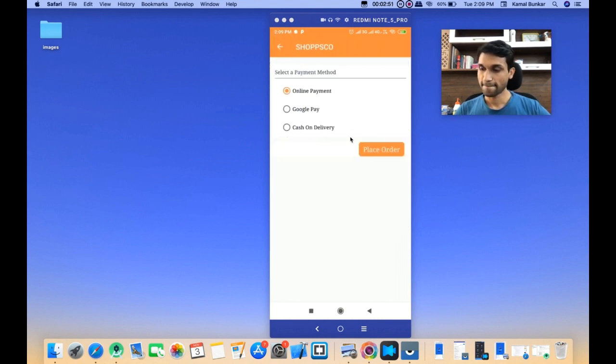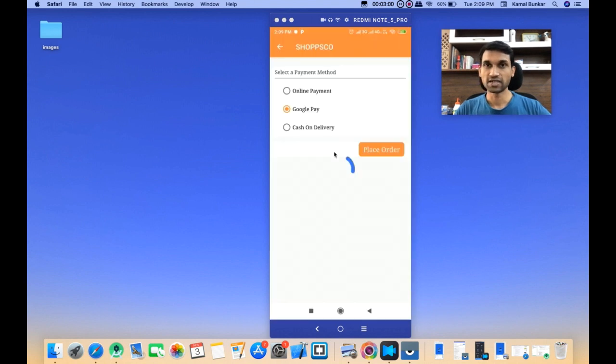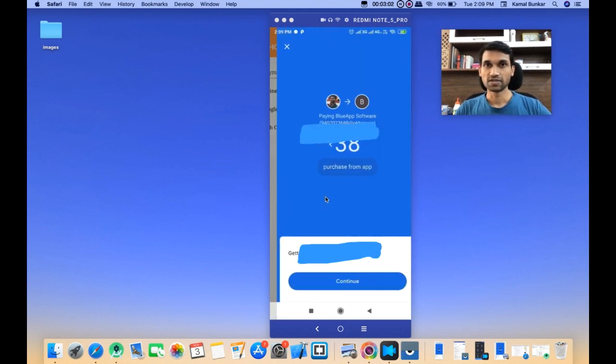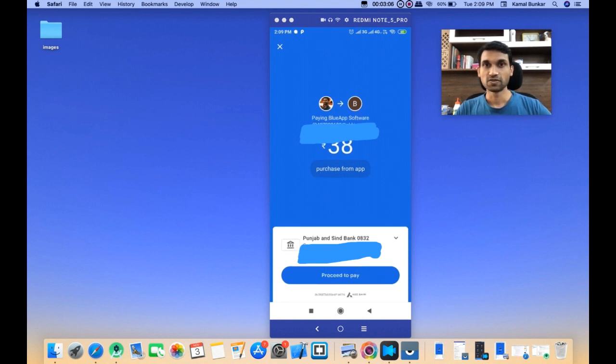Right now there is a blank screen. You can't see the screen because it is blocked by Google Pay. I am going to pay the amount to this UPI ID, which is my own ID. In my phone there are two apps, the normal Google Pay app and the Google Pay business app.